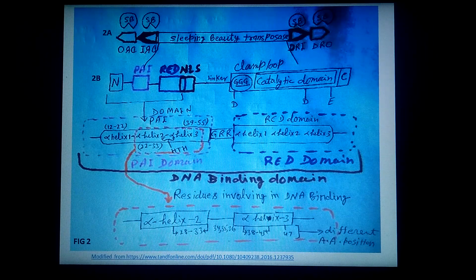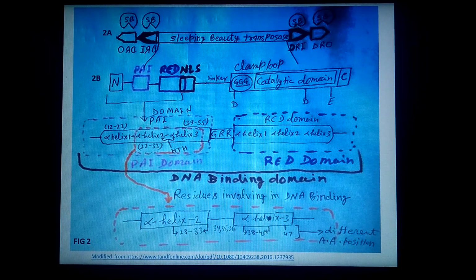Despite multiple attempts over the last decade, the crystal structure of the full-length SB transposase remains unknown. Alternatively, successful studies have been reported on solving the structure of functional domains separately. The closest structure to SB is MOS1. MOS1 is a Mariner family transposase, similar to Sleeping Beauty, which belongs to the Tc1/Mariner superfamily, represented in Figure 2b over here.